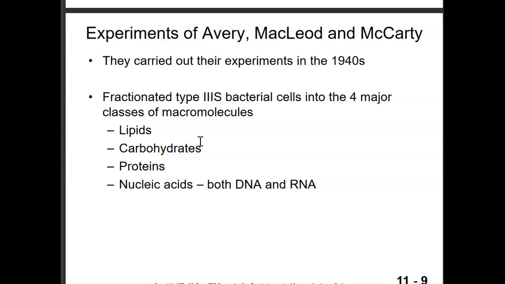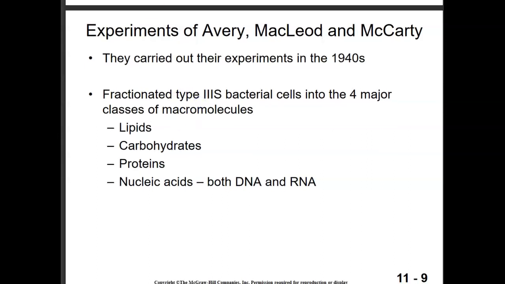So moving on, Avery, MacLeod, and McCarty in the 40s took that information and decided to take it to the next step. They decided to take our type S bacterial cells, our pathogenic cells, and look at the actual macromolecules to make sure that it was a nucleic acid that was passing on information. Because again, Griffith was pretty confident that it was DNA, but you still couldn't rule out RNA, all right? So they decided to fractionate broken up bacterial cells